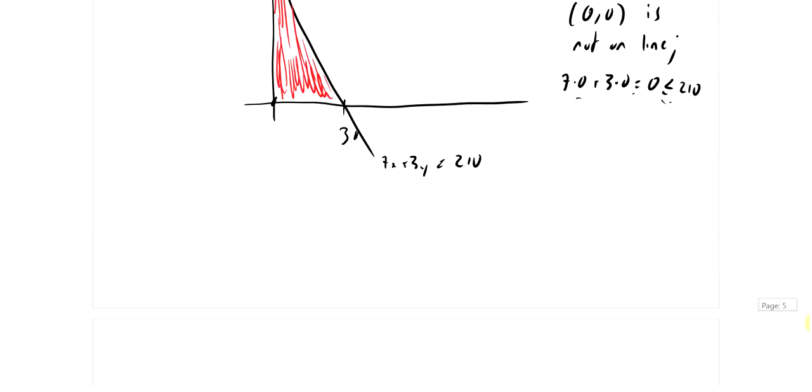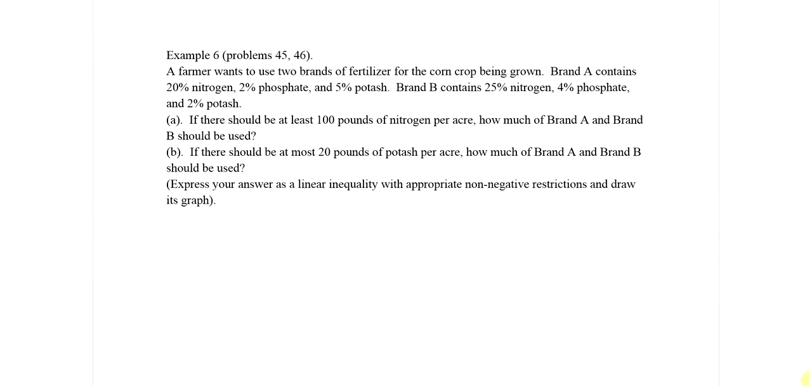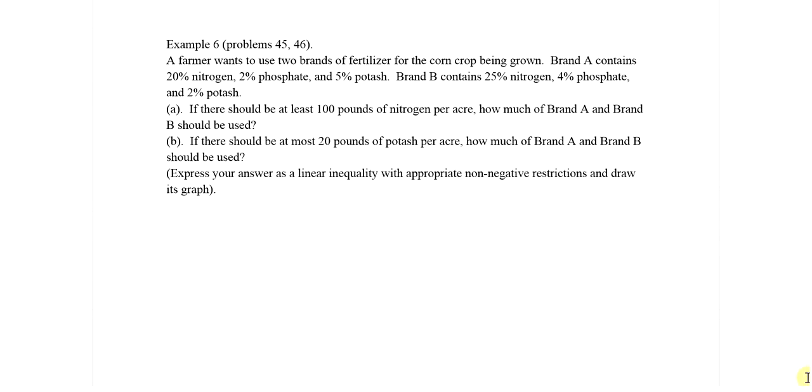Okay, a slightly more complicated version is this. Same idea, but a little more complicated. A farmer wants to use 2 brands of fertilizer for growing corn. Brand A has 20% nitrogen, 2% phosphate, and 5% potash. Brand B has 25% nitrogen, 4% phosphate, and 2% potash. So, if there's at least 100 pounds of nitrogen per acre, how much of brand A and brand B should be used? If there's at most 20 pounds of potash per acre, how much of brand A and brand B should be used? And again,